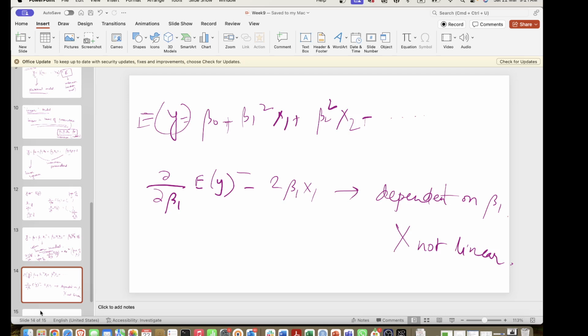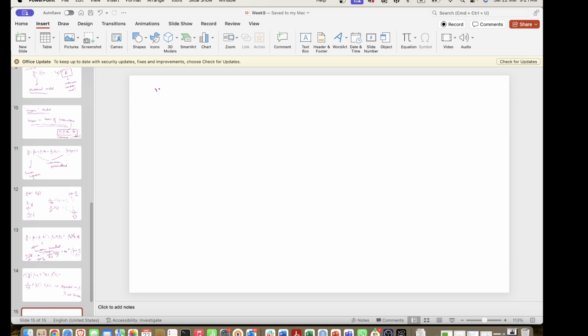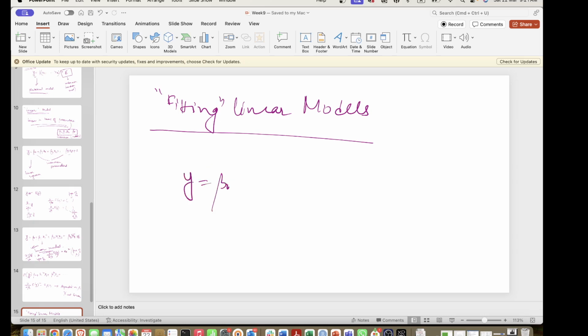Now what do I mean by fitting? So let's say I have my y equal to beta naught plus beta 1 x1 plus some beta p xp